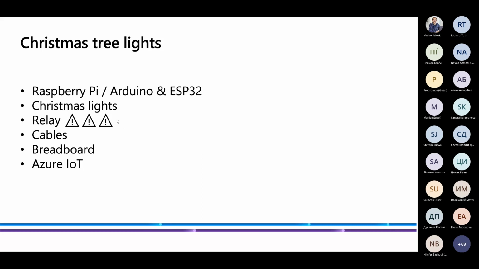If you don't know about electronics, maybe you have someone that knows about relays. Then you will have cables, a breadboard, and of course Azure IoT.